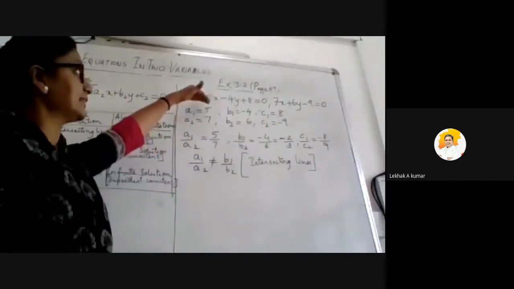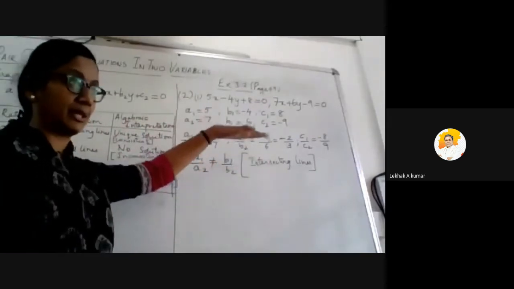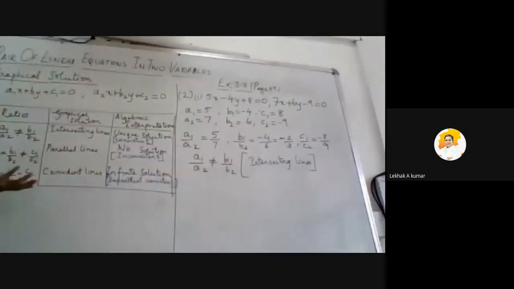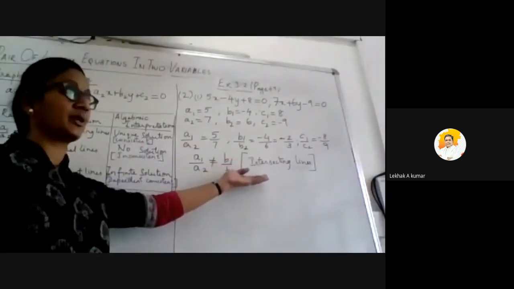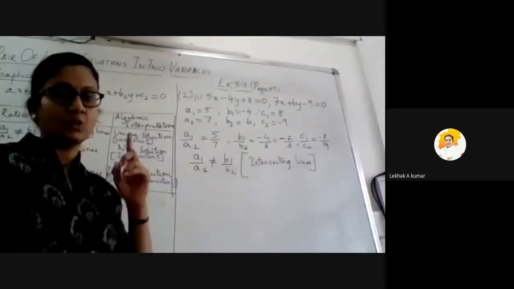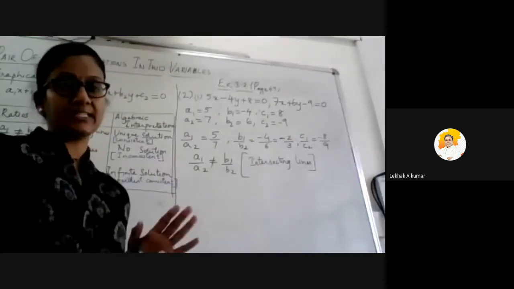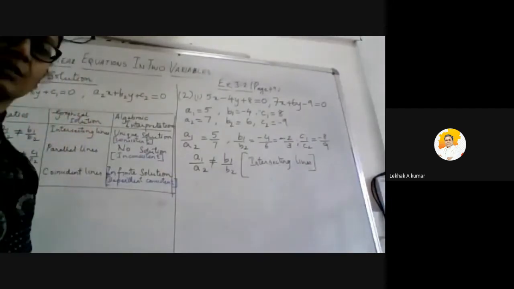Alright, so whenever you get a set of equations, first find out whether you're going to get intersecting lines, parallel lines, or coincident lines. And how do you decide this? Using this table. That's why I put the table also. So first satisfy yourself before you take the graph. If you are very sure it is going to be intersecting lines, then you must show the point of intersection on the graph. Such should be your scale taken and the ordered pairs that you're going to decide. So I'll start with the ordered pairs from here now. I'll just tilt the laptop so that I get some space to do it. So I'll start from here.